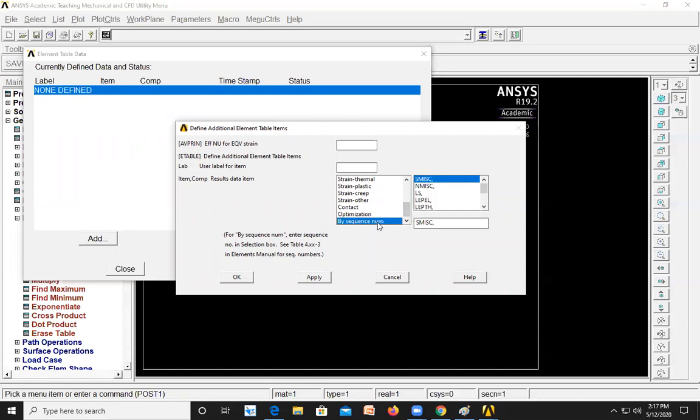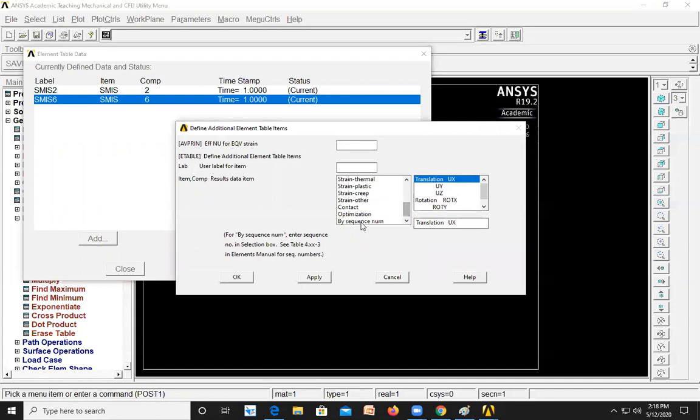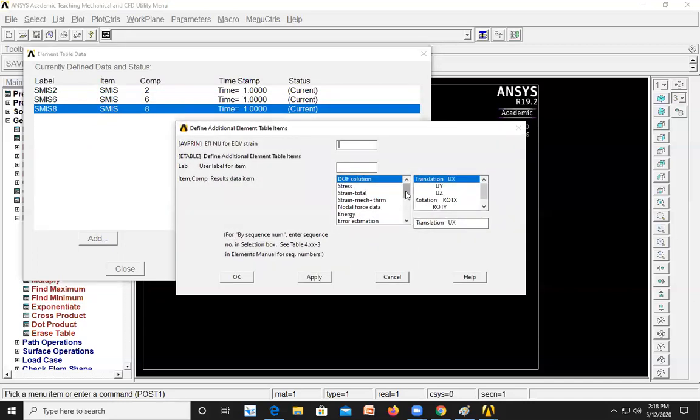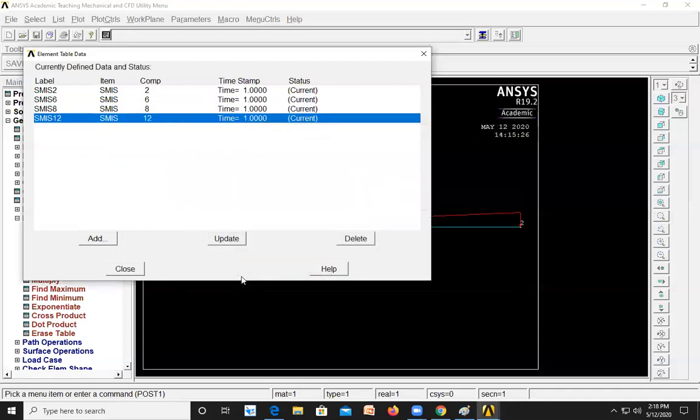Here you select by sequence number SMISC 2, apply, SMISC 6, apply. Again go for by sequence number SMISC 8, apply, and again go for by sequence number SMISC 12, click on OK.